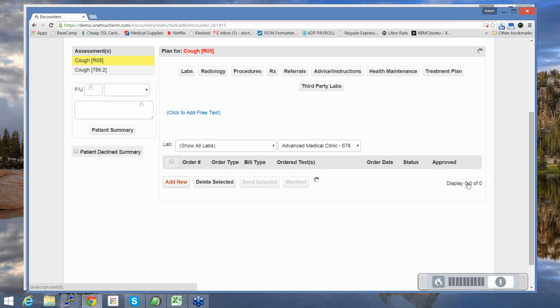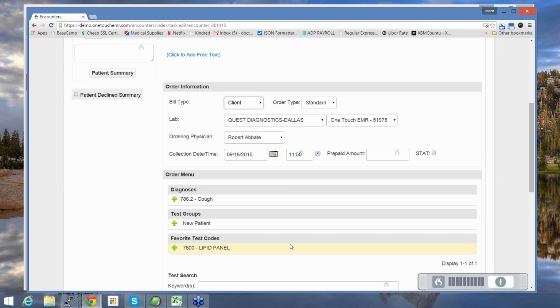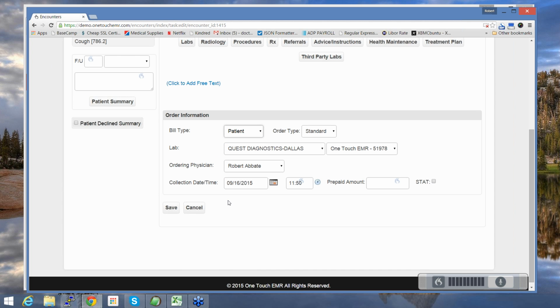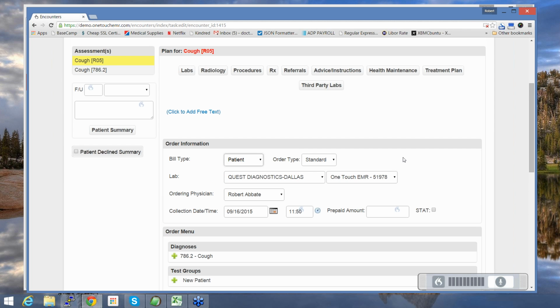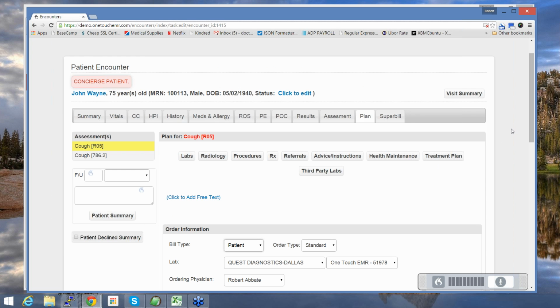If you want to order an electronic lab and choose to bill yourself or your practice, you can choose bill client, and you can overcome that. You do not need to have a code for that. And if you want to bill the patient, I believe you also do not need to actually have a code for that either. So everything else on here does not necessarily need an actual billing code. And so that might be one way to help the providers continue to move forward until they feel more comfortable